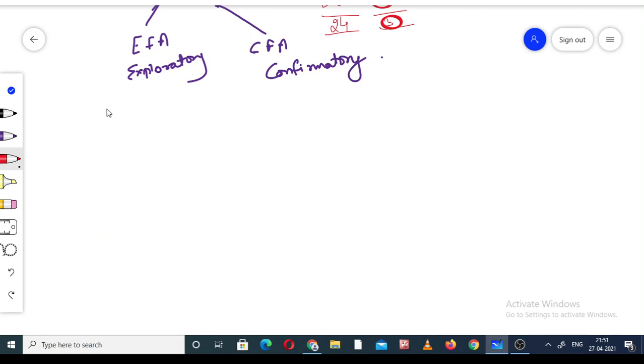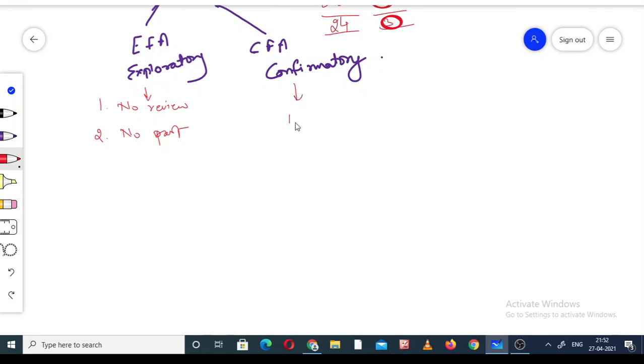If the research scholar, I am talking about a particular study in research, does not have any review of literature towards his study, or no past experience, no past data or knowledge about a particular study, that is the EFA.